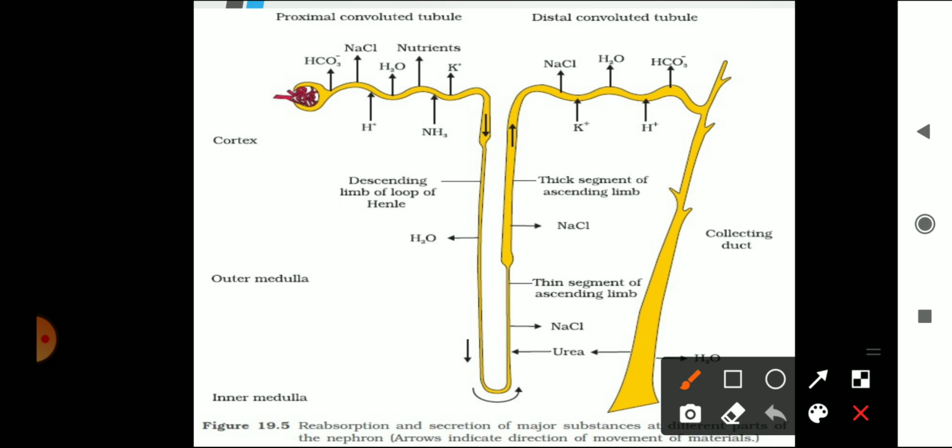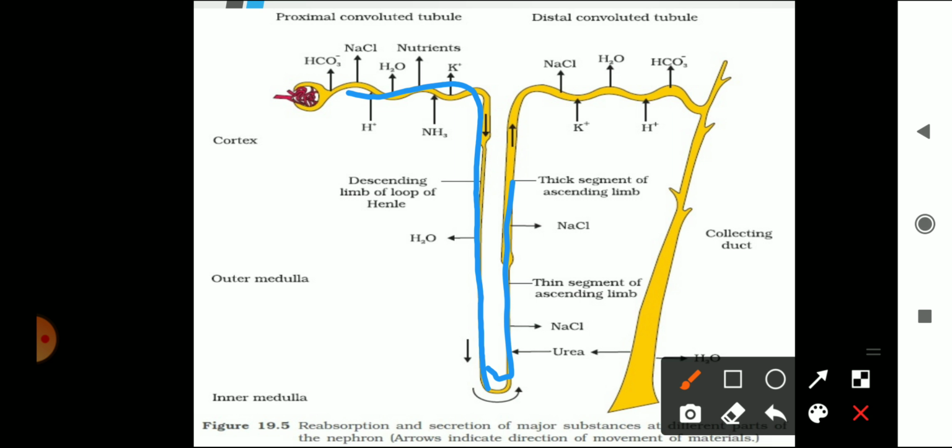As the glomerular filtrate passes through the PCT and reaches the descending limb, what happens? A major part of the water will be reabsorbed, and what remains inside the filtrate will be concentrated, so the osmolarity increases. And when it passes through the ascending limb, which is permeable to electrolytes and impermeable to water,